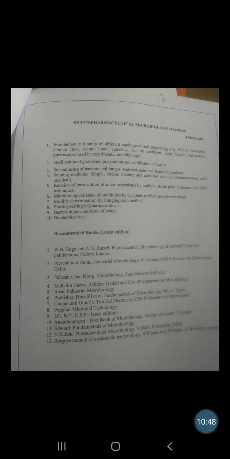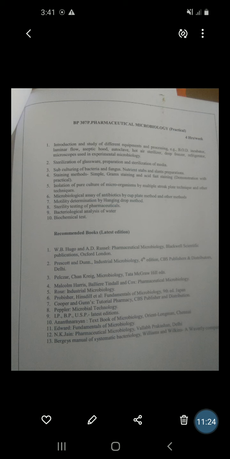Next is the refrigerator. As you know, what is a fridge and what is the use of a refrigerator. The refrigerator is required for storing the culture media or for slant preparation. Then next is the microscope. All of you know the use of the microscope. Already it is used in our practical. What is the microscope and when is it required?